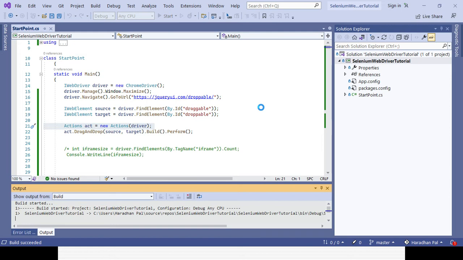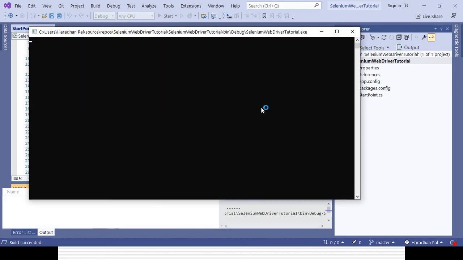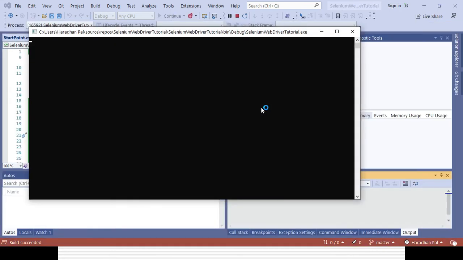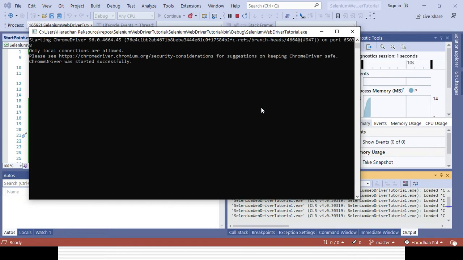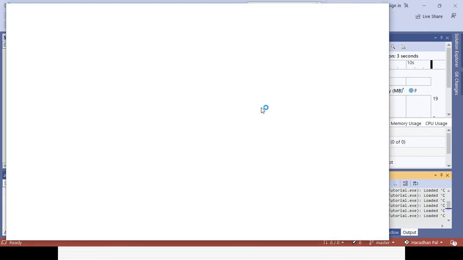Because whatever source and target we want to identify first, we will not be able to identify because we did not handle the frame, right? The iframe. In case there is a frame or iframe available, you need to handle it with the help of an element reference, index, ID or name. Then you can perform the required operation.